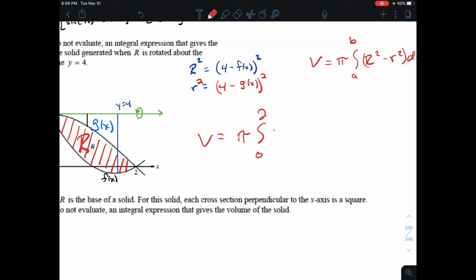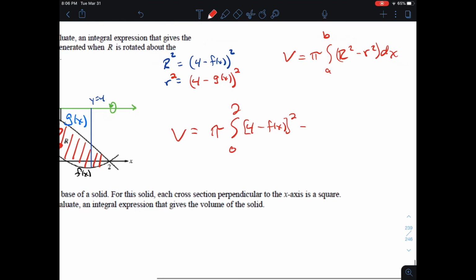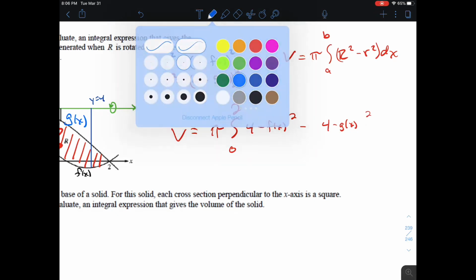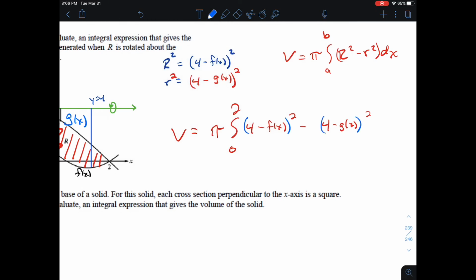Our big R squared is 4 minus f of x, that's being squared. We're subtracting from that our little r squared, which is 4 minus g of x. And let me change these to parentheses, because then I have a bigger group